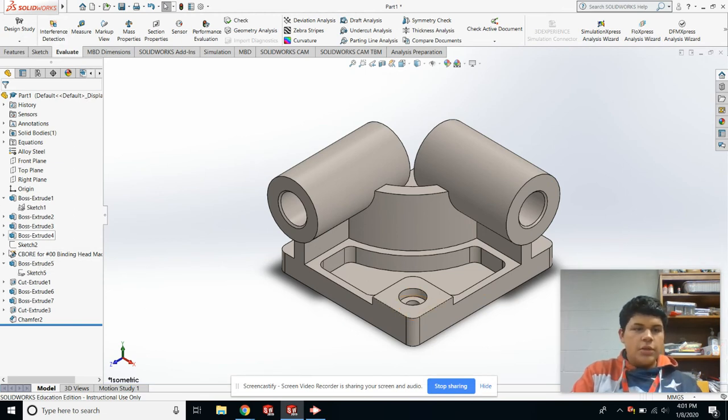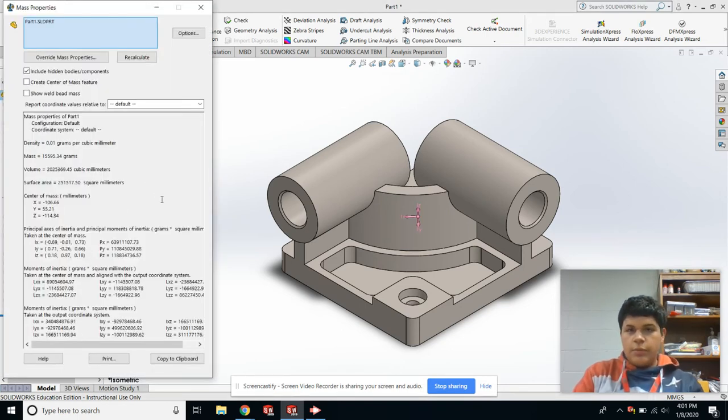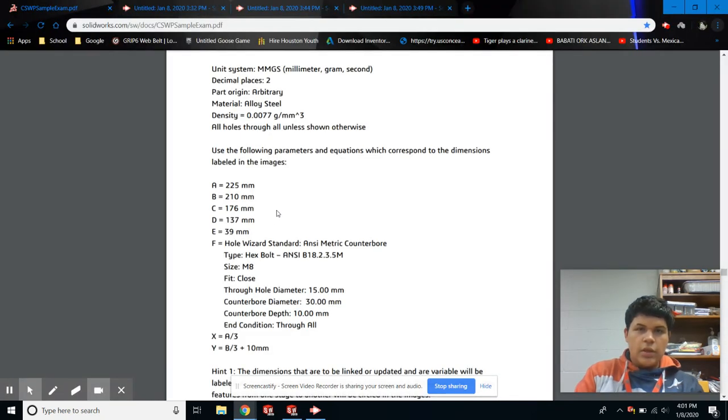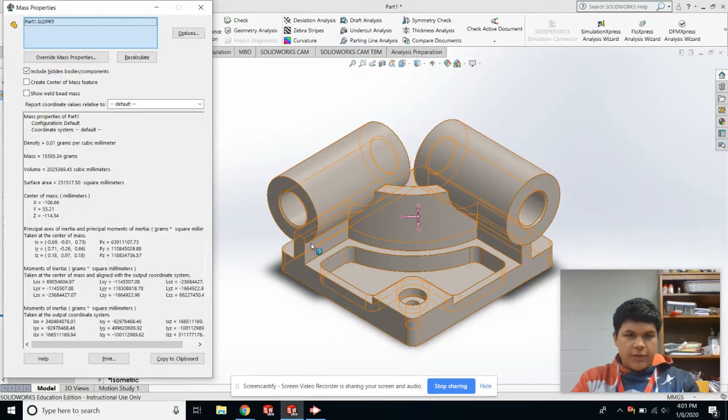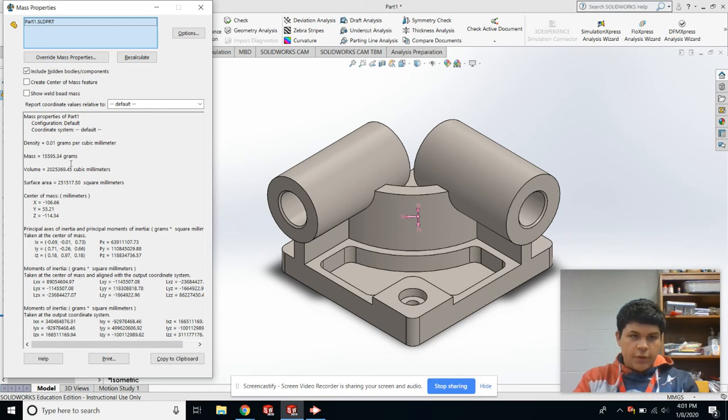All right, once you make sure that all that is taken care of, just go back to Evaluate, Mass Properties, and you're gonna have to probably do this twice because oftentimes in the CSWP, whenever they give you the item to change the variables a bit, I'll probably do it twice. So this question, it'll ask you for the specific number, and I believe if you're off by just a little bit, it won't really go against you. But your goal is to get as close as you can. So make sure every single variable is changed to the way it's supposed to be,